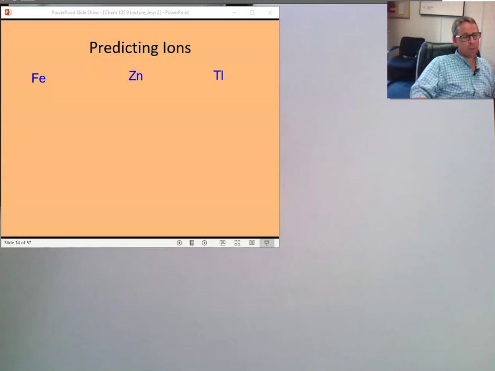Now, I've noticed that when we break up into groups, it's possible for the person who's the group presenter to actually allow everybody to write on the surface. I haven't figured out how to clear the slide up yet in the breakout group, so you're kind of writing on top of what's already there. But if whoever's in charge gives everybody the opportunity to help write the electron configuration for these, and then predict ions in your little breakout groups, I think that would be